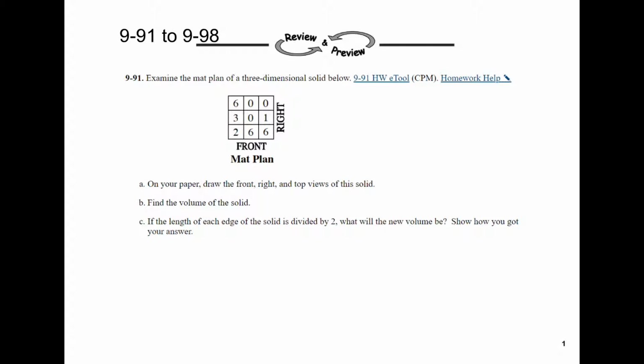So the first view we want to draw is the front view. And we see that our highest stack on all three of our rows is 6. So when we're looking on from the front, we should have something that looks like this. When we draw our right view,